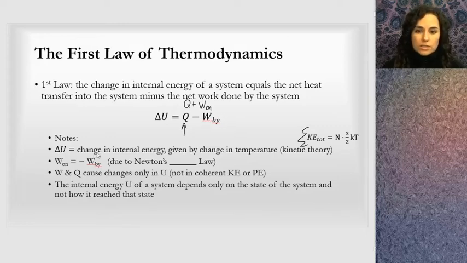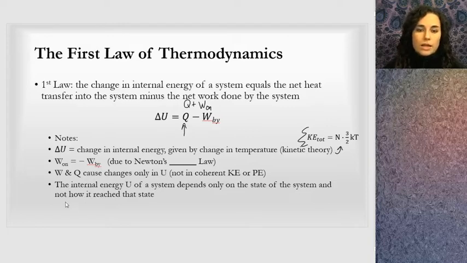I talked about this. Delta U is the change in the internal energy given by kinetic theory. W and Q cause changes only in U. Work and heat cause changes only to the internal energy and thermal energy. We're not looking at coherent energy. We're not looking at chemical. We're not looking at atomic. We're just looking at thermal energy. So that's why we're using only this equation to account for delta U